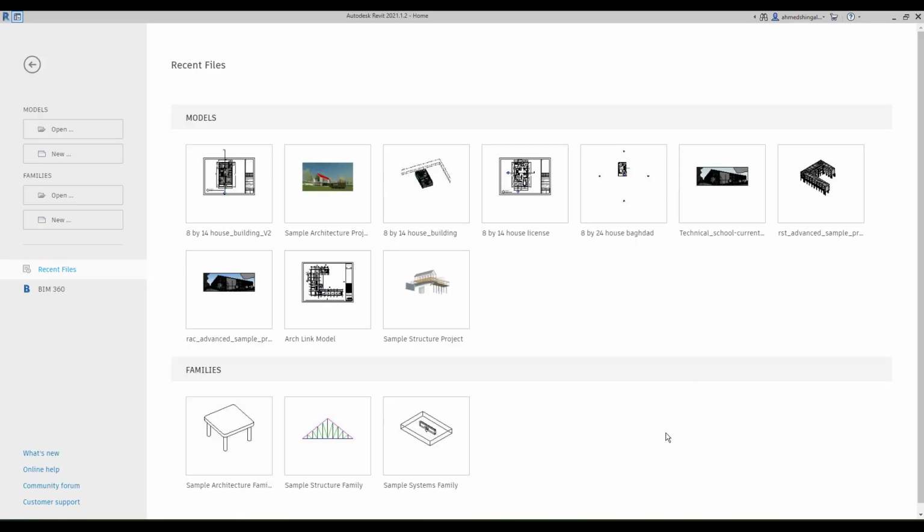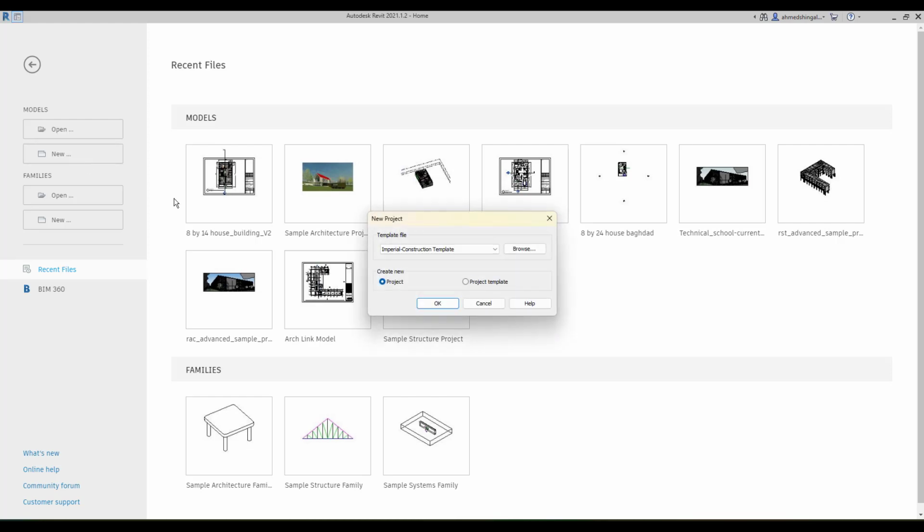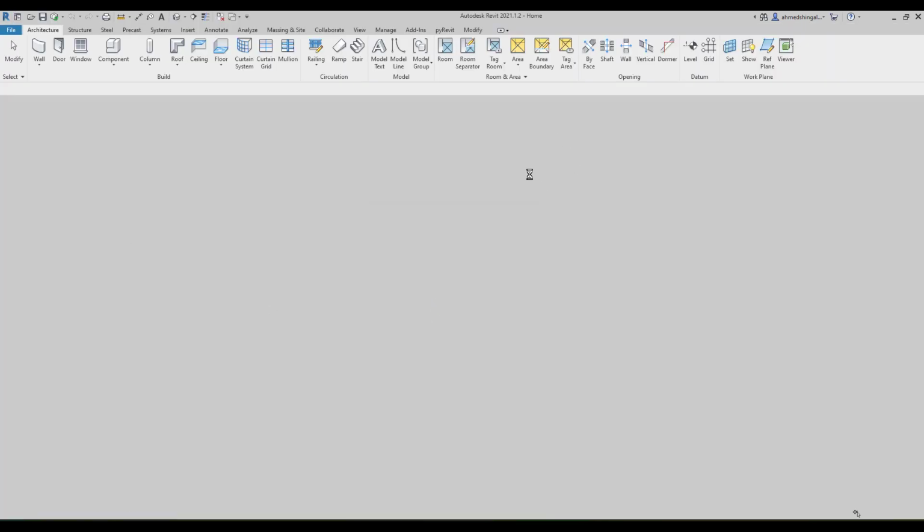Hello everyone. Today we will learn how to do auto dimensioning for the grid system inside Revit. For example, if we open a new project